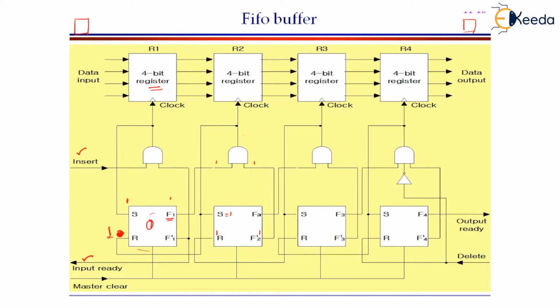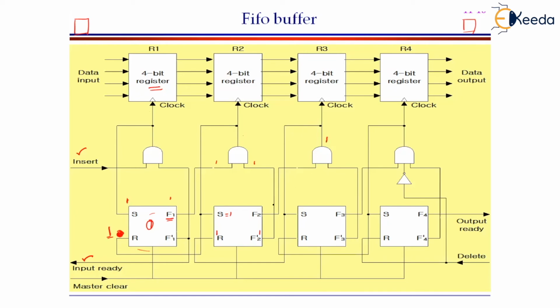For that, F2 is connected to the next AND gate. The second input of this AND gate, you know, will be collected from F3's complement. You know that this register is not having any data, which means that R is equal to 1. F3 is also equal to 1. When both are equal to 1, as it is connected to the second input of the AND gate, the AND gate output will be equal to 1.